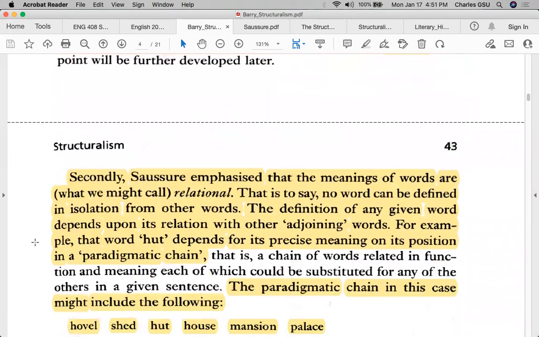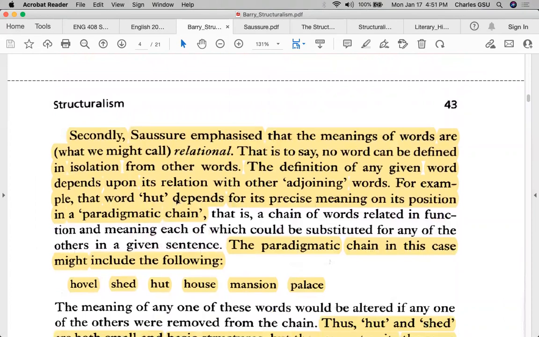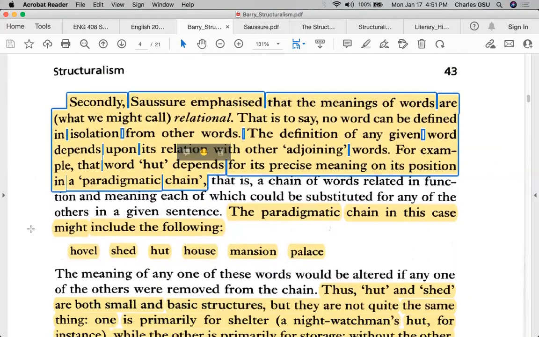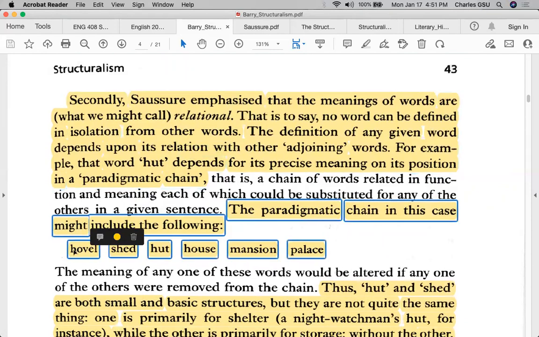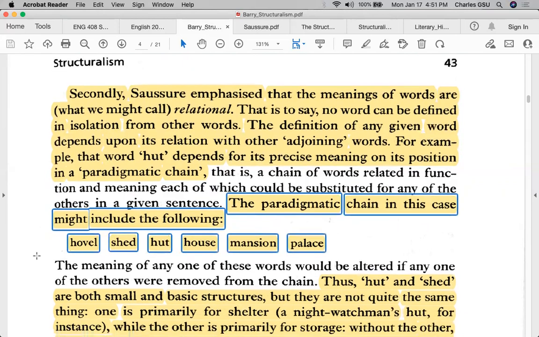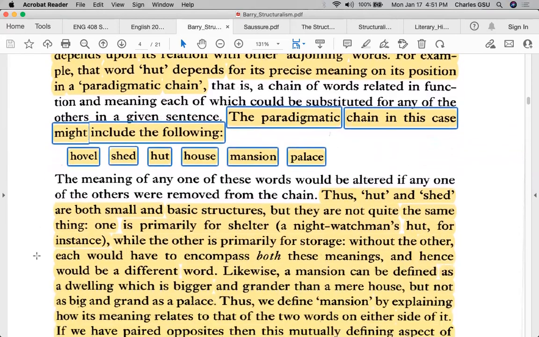So here's the relational again. It's the same thing I just showed you in the other image. All of these exist in relation to each other. And you don't need to really, if you're talking about a palace, Versailles in France, let's say, the